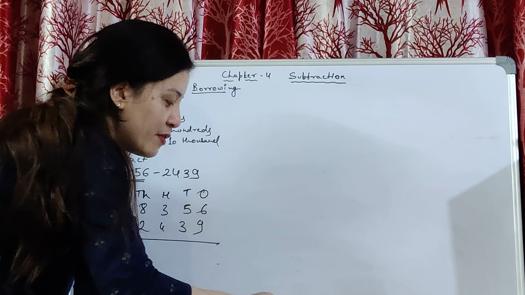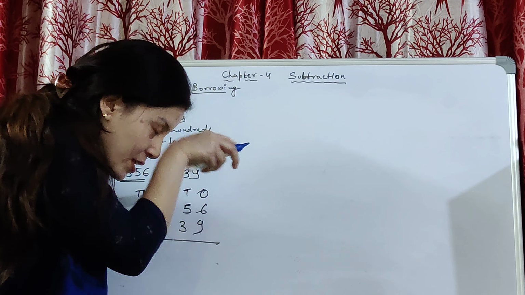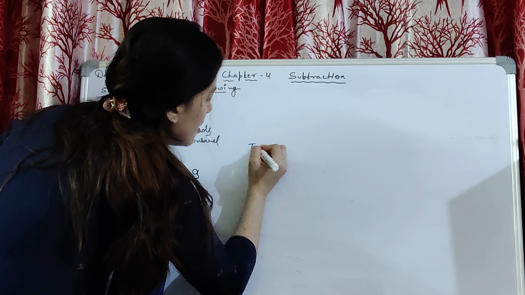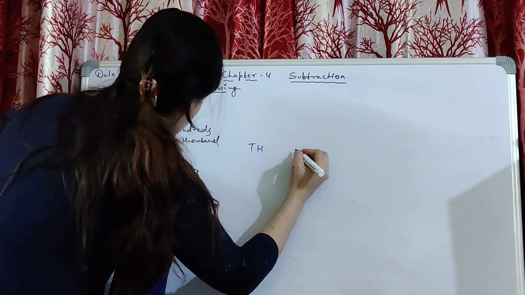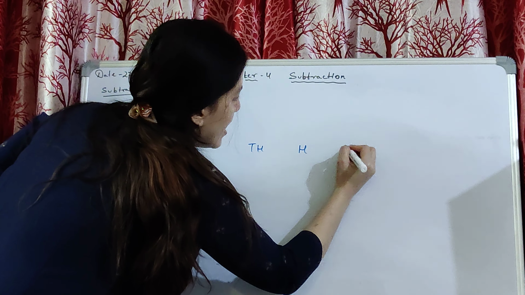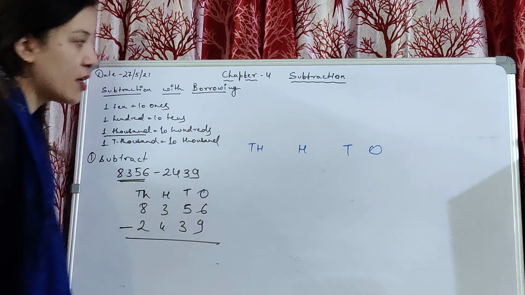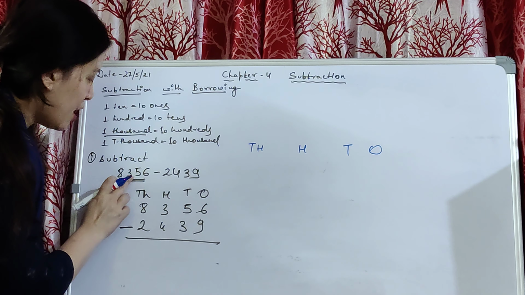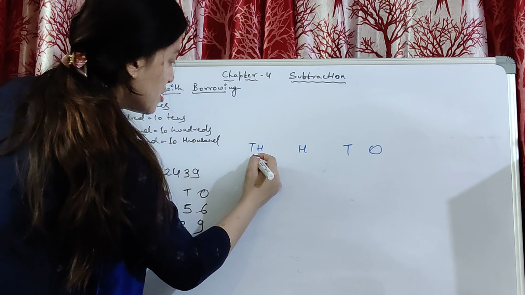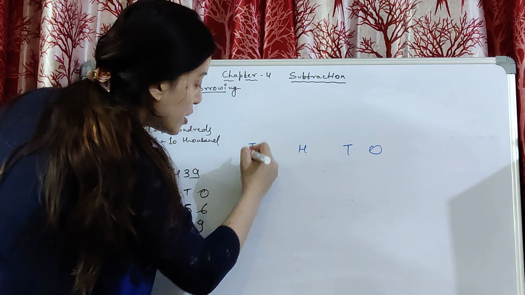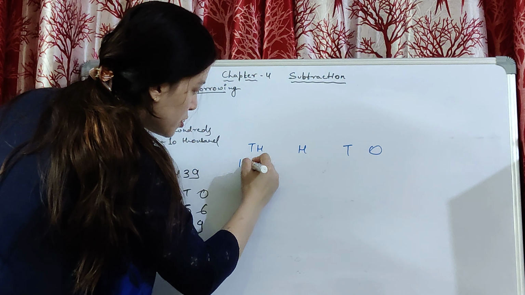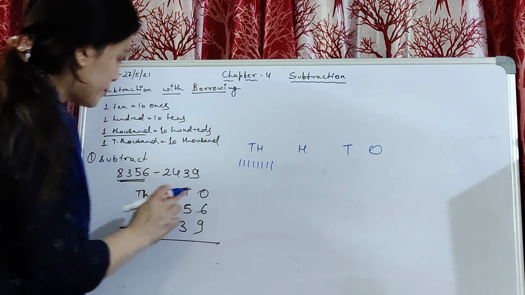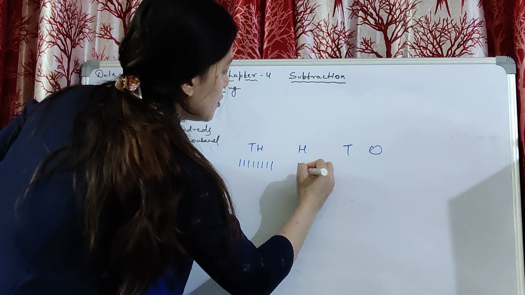Okay, other way which I'll teach you is, और दूसरा तरीका भी है जिससे आप अरेंज कर सकते हो. पहले आप इसकी प्लेस वैल्यू लिख लो. ठीक है, 1000. Next is 100, tens, ones. ऐसे करके you write the place value. Okay, and write the numbers now. 8,356. ठीक है, so in 1000 place there is 8. So draw 8 lines. 1, 2, 3, 4, 5, 6, 7, 8. Okay, next is 3. 1, 2, 3.